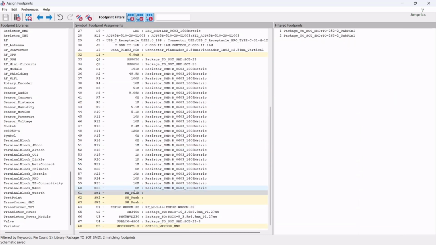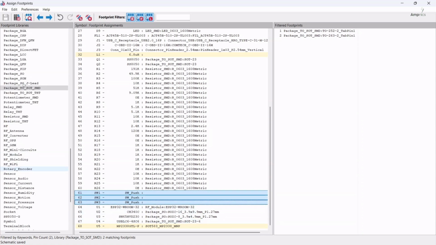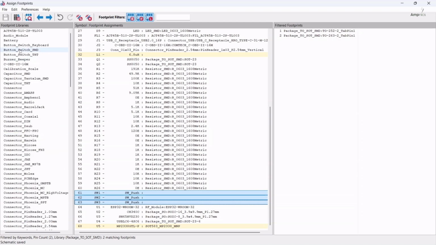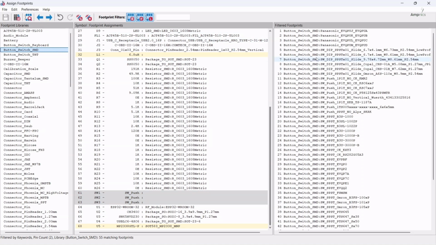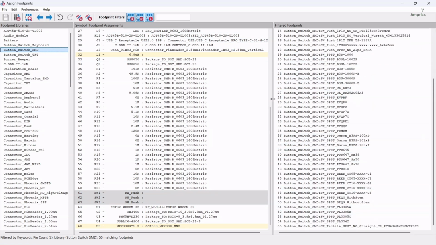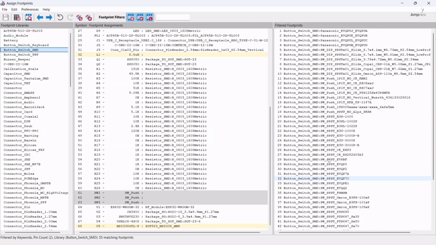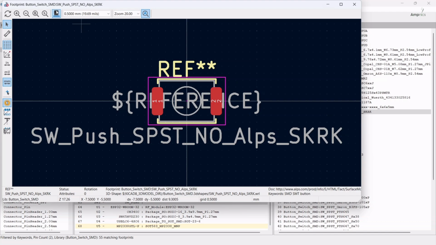We'll add the footprint of push button. So just click this one and the last one, press the shift key and click the last one. Okay, every push button is selected here. So just go in button section, button switch SMD, double click on this, right, and then click here. Need this,